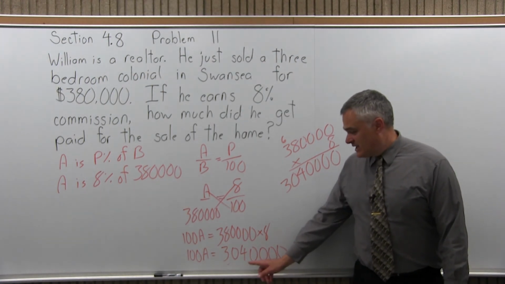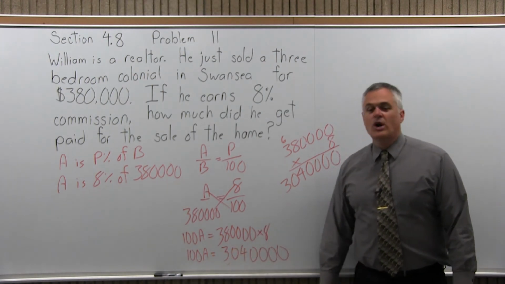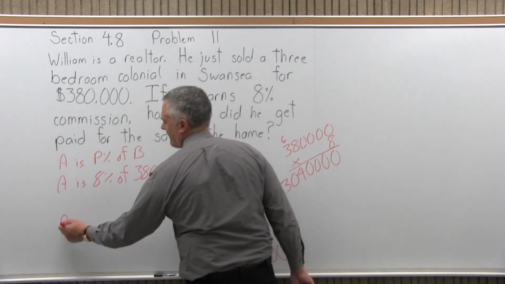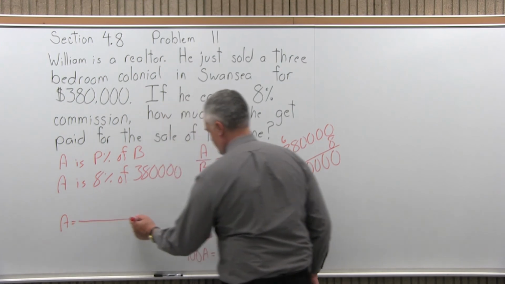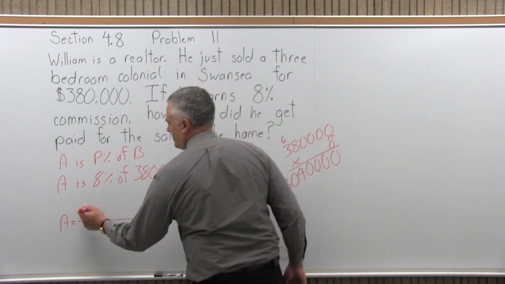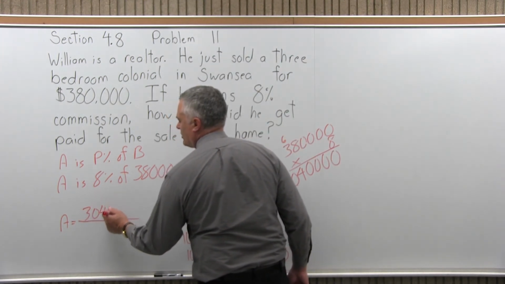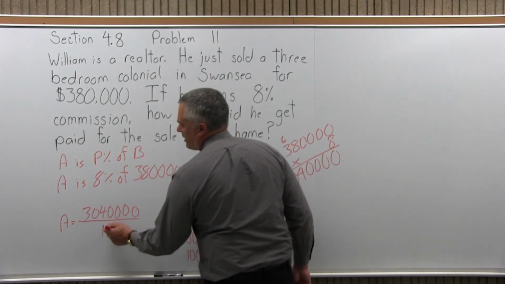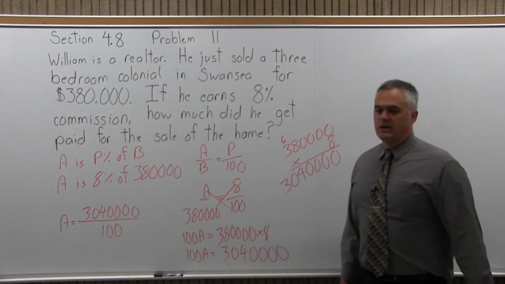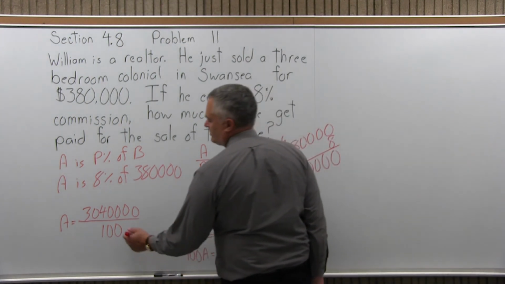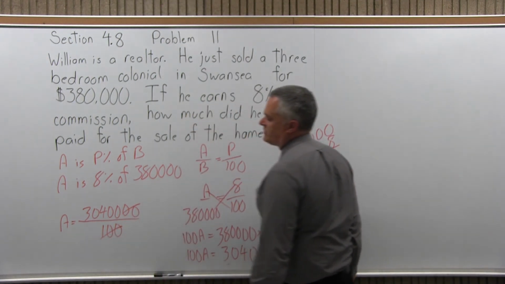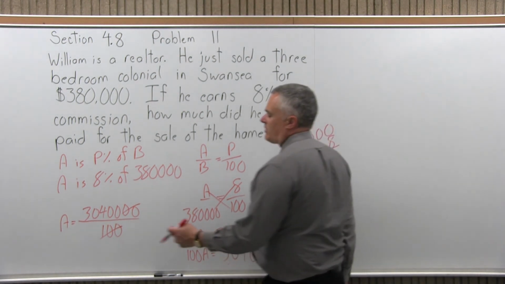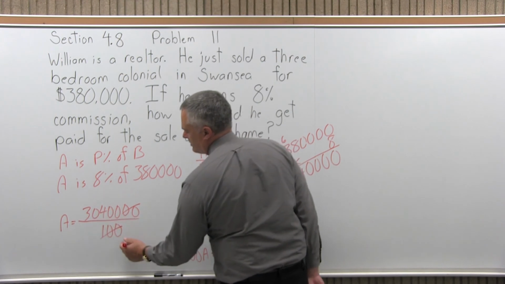And again, that's not the answer. That's 100A. So to get the final answer, I have to divide away the 100. So A equals that big number, 304 with 4 zeros after it, over 100. Well, when you divide by the 100, basically the 2 zeros in the 100 will cancel 2 of the zeros in the numerator. So my answer when I chop off 2 of the zeros would come to